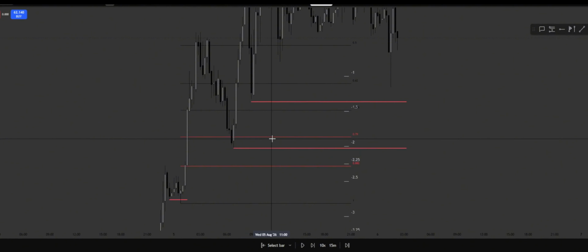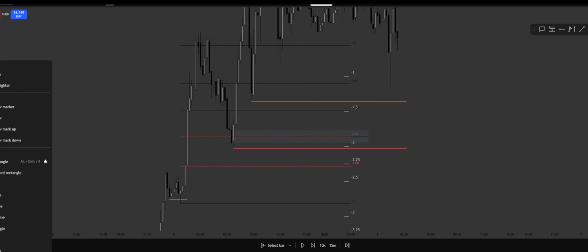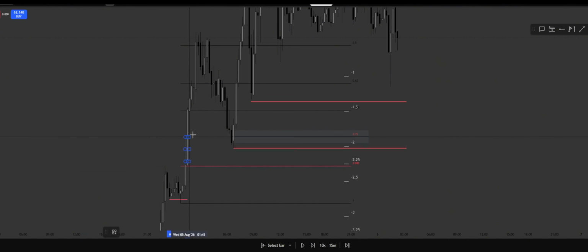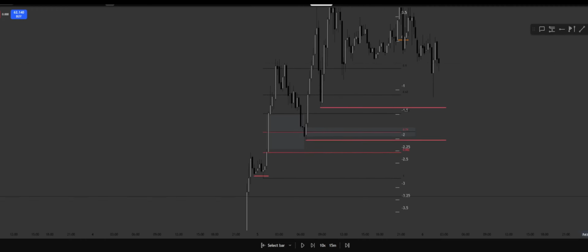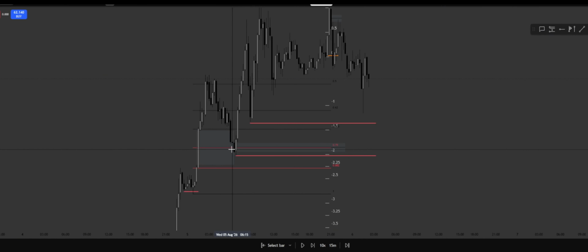So the 0.79 level is aligning with this bullish fair value gap here. Okay, so we have this bullish fair value gap right here. That is also CE of it aligns with the 0.79 level. Then we also have a bullish fair value gap that we're inside as well. Okay, that also aligns with 50% of the 0.79 level. Okay, so we're building up some nice confluences here on the